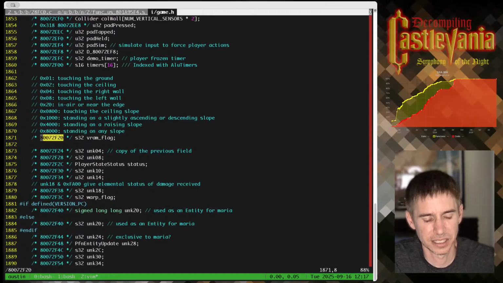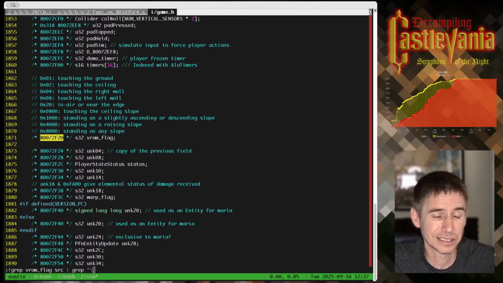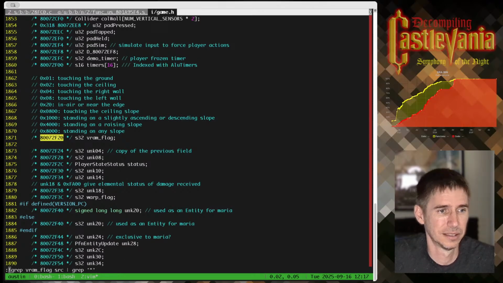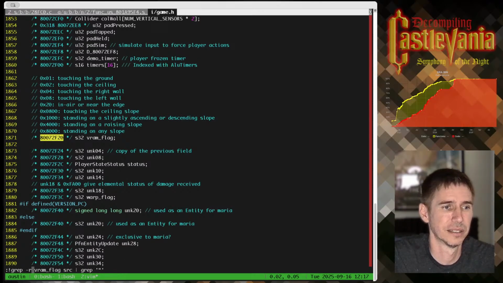So that's my guess, is that some debug print used the name VRAM flag, and that's how we got that field name.